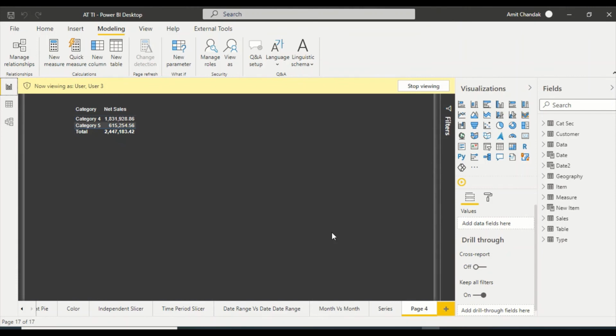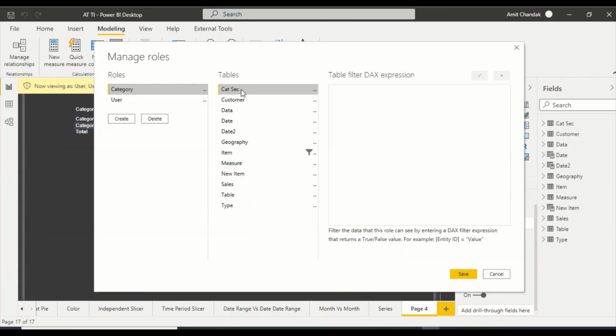Now one more thing I wanted to do is remove security for a user 4. If this is user 4, then I don't want it to apply any kind of security. So I go to the manage role, and I go to this one, and I see this is there. Now this is basically an if condition.